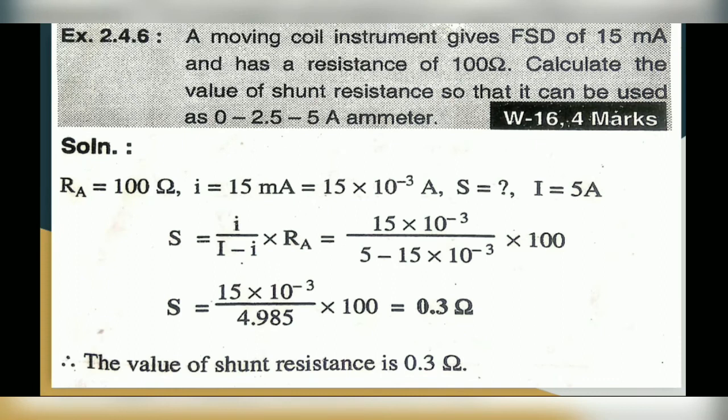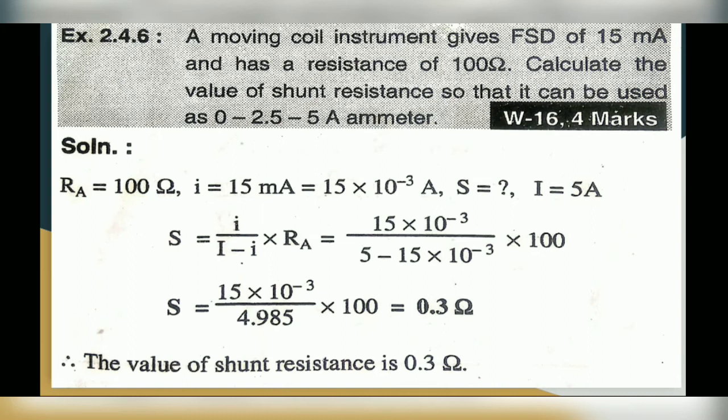Next numerical is also on shunt resistance. A moving coil instrument gives FSD, that is full scale deflection, of 15 milliampere and has a resistance of 100 ohm. Calculate the value of shunt resistance so that it can be used as a 0 to 2.5 to 5 ampere ammeter. So the value of Ra is 100 ohm, small i, or you can write it as Ia, is 15 milliampere. So you can write it as 15 into 10 raised to minus 3 ampere, and you have to find the value of shunt resistance. So S is equal to unknown